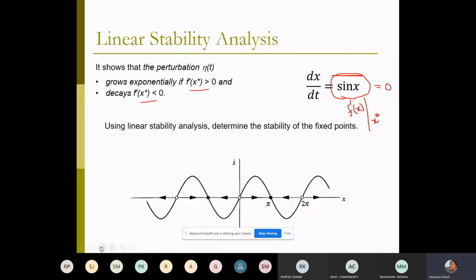Okay, so let us just quickly draw your pen and paper and try to solve this problem following the linear stability method. So do this exercise of figuring out what f prime x is and plugging in the x star value, and tell me if you are getting a similar kind of results. So can you do that for me? Yes. So try to solve this.